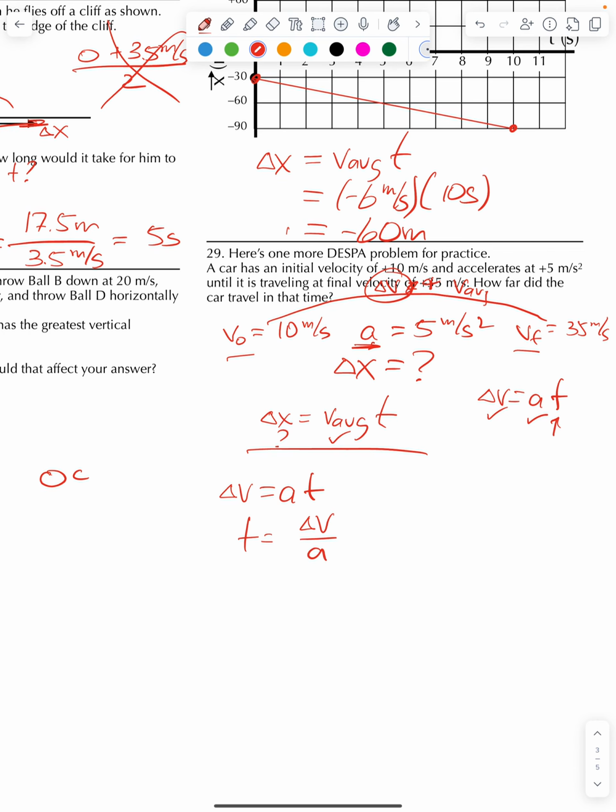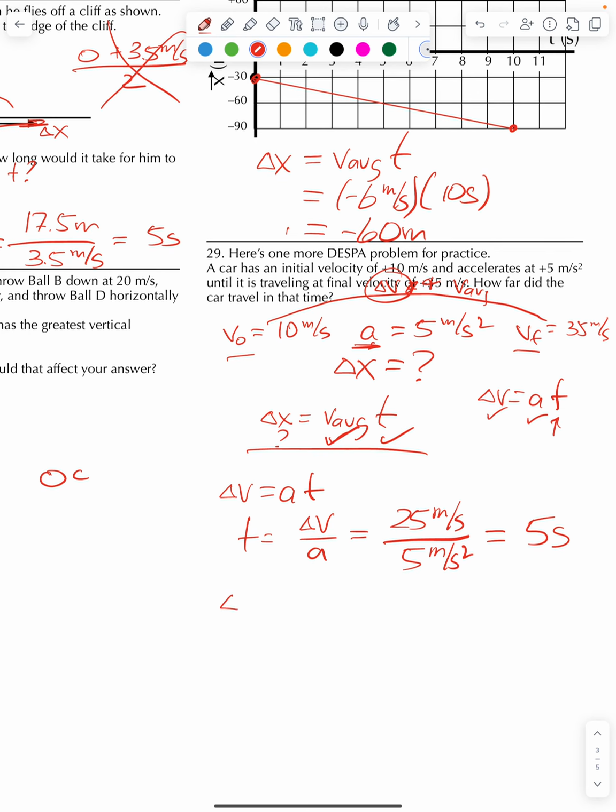So just doing it in our head here, what is the change in velocity? We went from 10 to 35. It's 25 meters per second. And the acceleration, I just purposely made really convenient units here, is that. So the time is going to be 5 seconds. And now you say, oh, great. I have time now. I can get the average velocity from the given information, so I finally can solve for